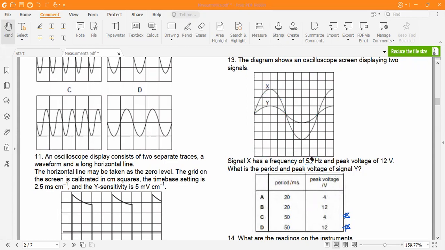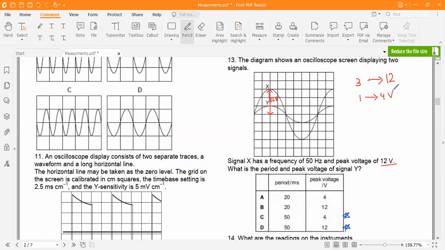To do that, first we need to see the peak voltage of X. They've told us the peak voltage of X is 12. This represents 12 volts. So what does each block represent? If three blocks represent 12 volts, then one block represents